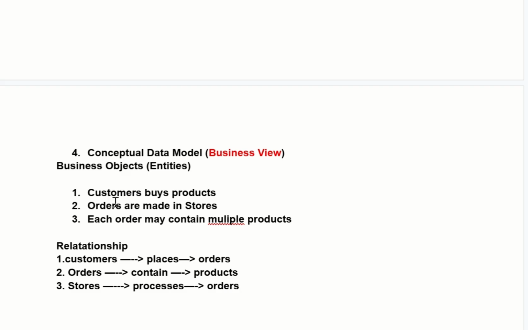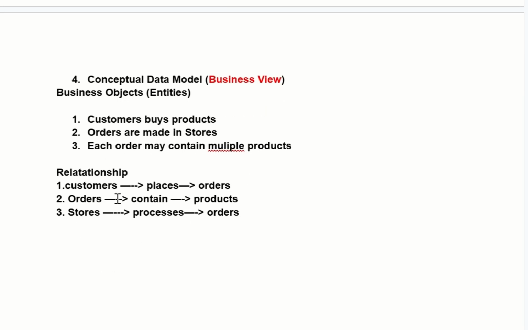So you can see these are more like we are defining the business objects. So these are the business objects where we have customer places orders, orders contain different products, and these orders are processed in the store. So what are our business objects? Our business objects here are